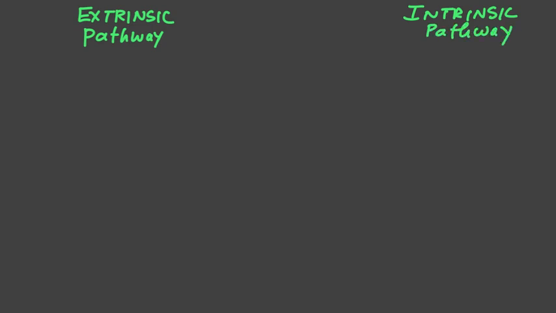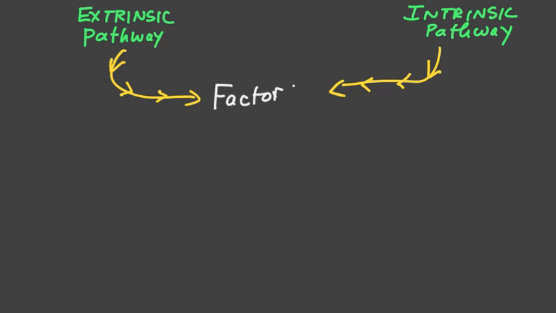The coagulation process starts with two different pathways: an extrinsic pathway and an intrinsic pathway. The extrinsic pathway arises from the tissues that surround the blood vessel that was injured. The tissues were also injured, so they release some alarm chemicals, as does the blood vessel that was injured. These chemicals, in their own little domino effect, culminate in factor 10. And once they activate factor 10,